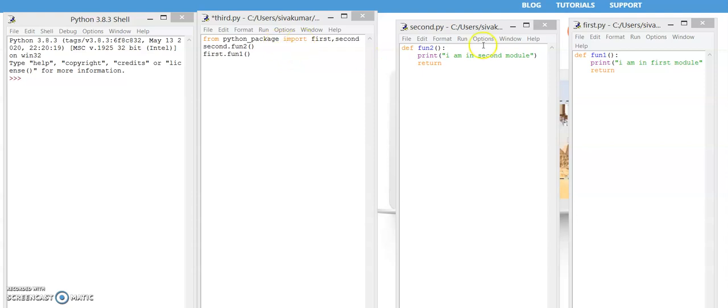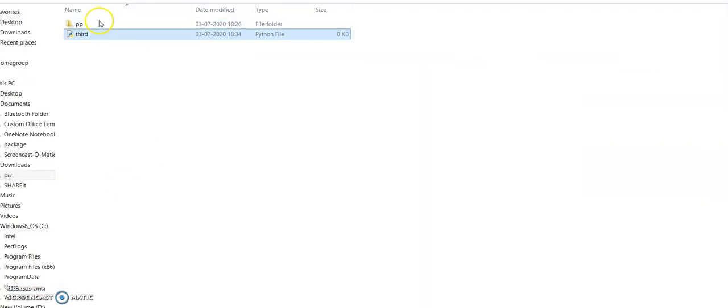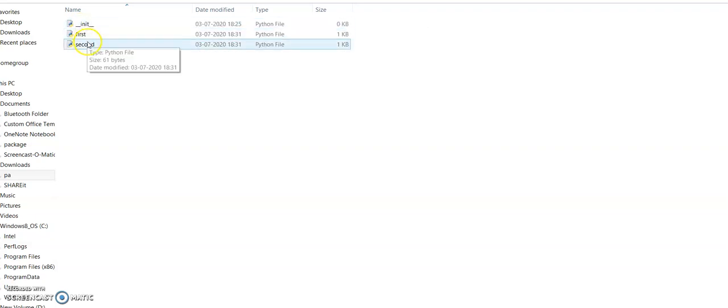So that is the second and first, which will be available under which package? The second and first are available under the PP package. Okay, so the third file is available under the PA package. So now if I want to make use of the first and the second module, then those modules are in the package whose name is PP. So I have to import the PP package.